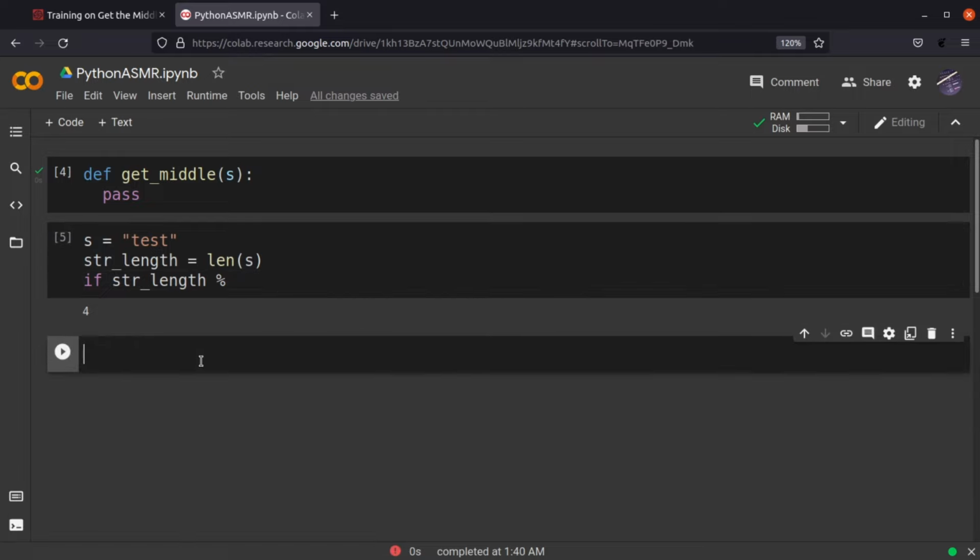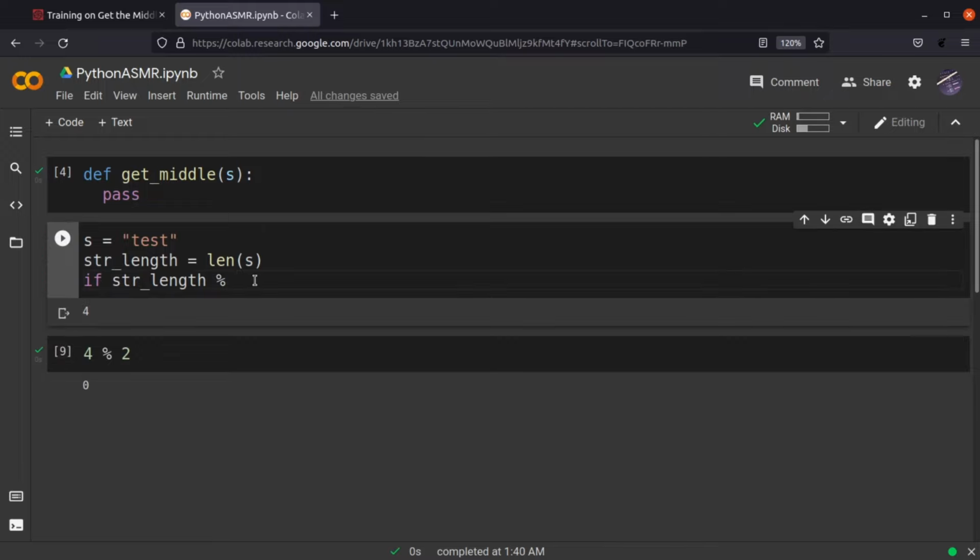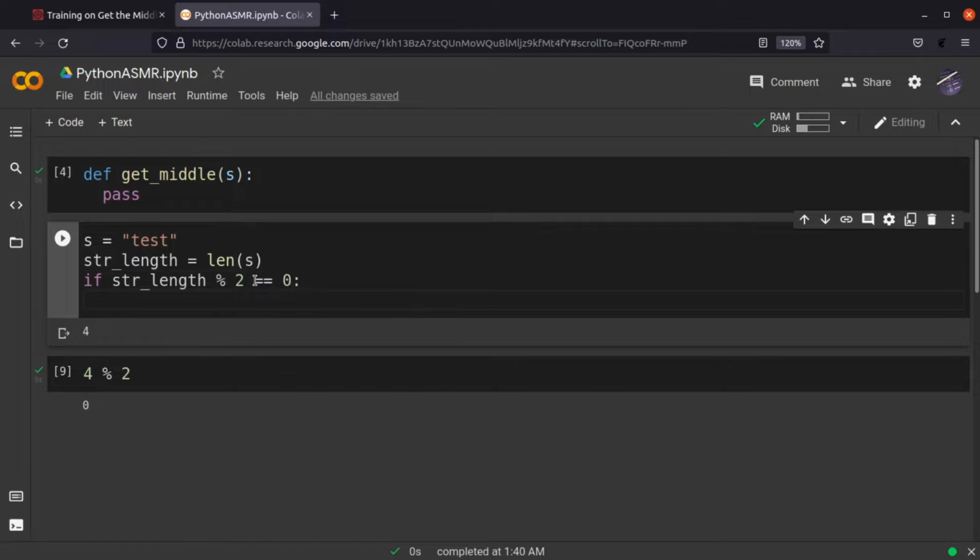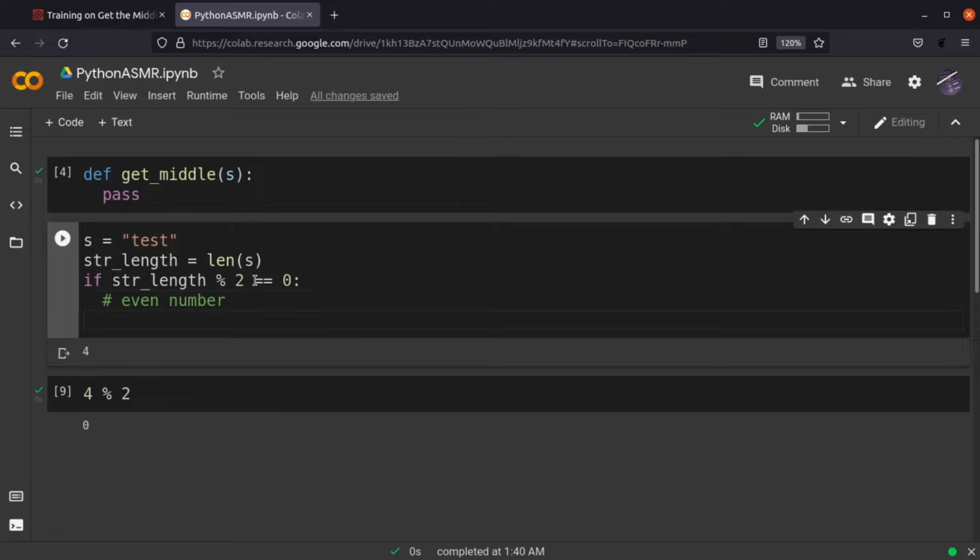But what we can do is we have a number like 3, and we can see if we divide it by 2, if there is a remainder or not. And in this case there would be a remainder, so the remainder would be 1. But if we test like 4, for example, then the remainder would be 0. So if the string length modulo 2 is 0, then we have an even number. And in that case, we want to return the middle 2